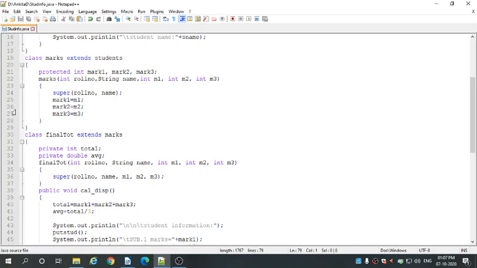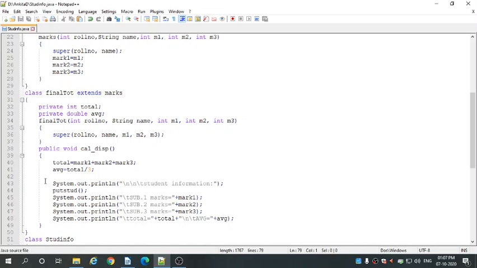So we are calling here the marks constructor, and in this marks constructor roll number, name, and those three marks are present. So we are calling here the superclass, that is the marks constructor, and we are closing the final total constructor.